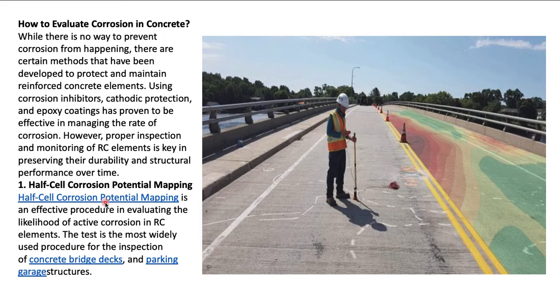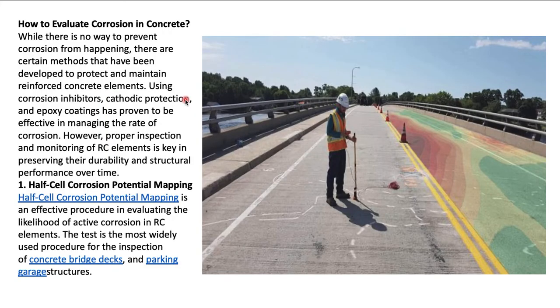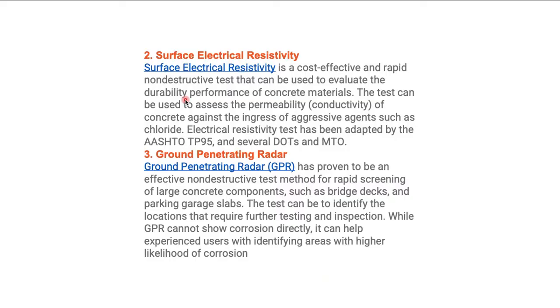Half-cell corrosion potential mapping is an effective procedure to find the likelihood of active corrosion in RC elements. The test is mostly used in concrete bridge decks and parking garage structures also. And next one, how we can see the corrosion is affected. And the second step, surface electrical resistance, is a cost-effective and rapid non-destructive test for evaluating the durability performance